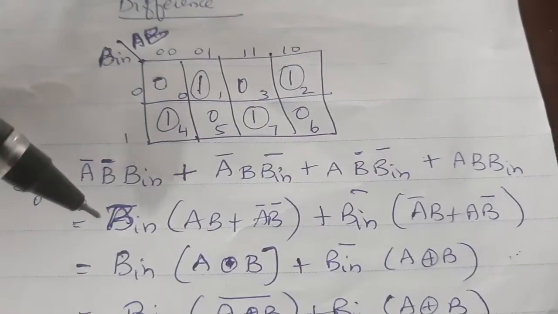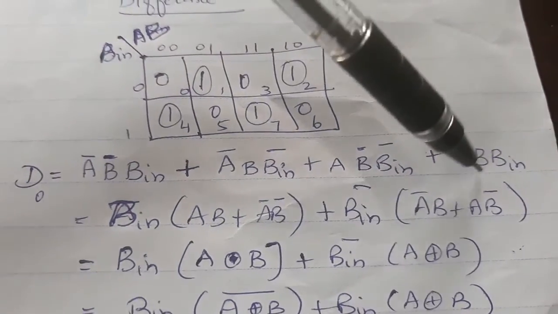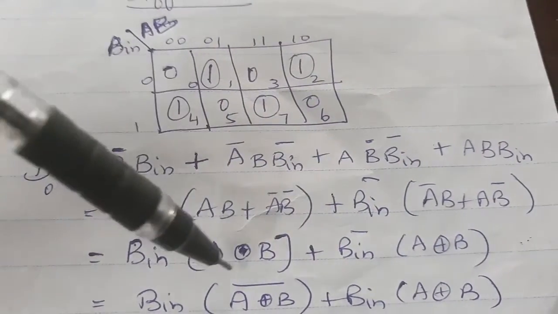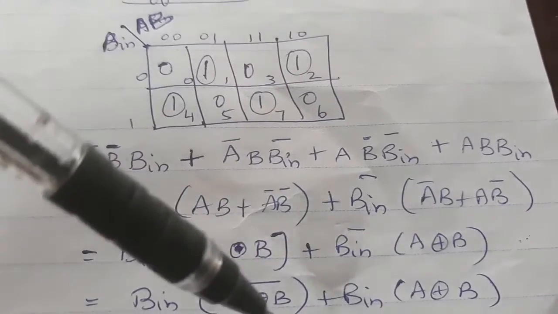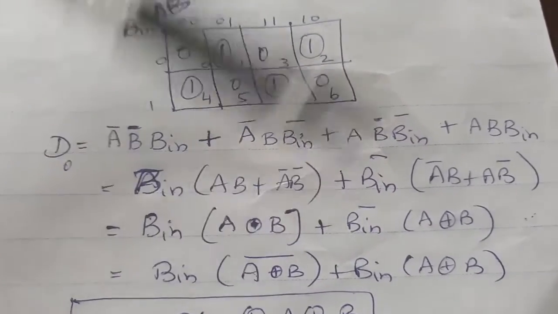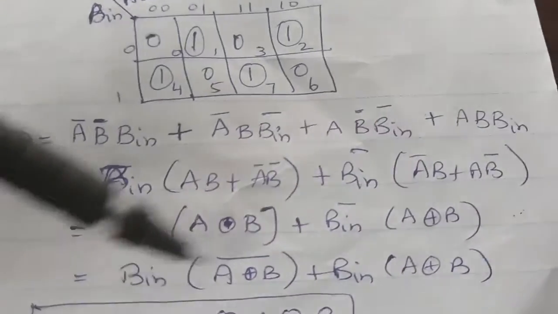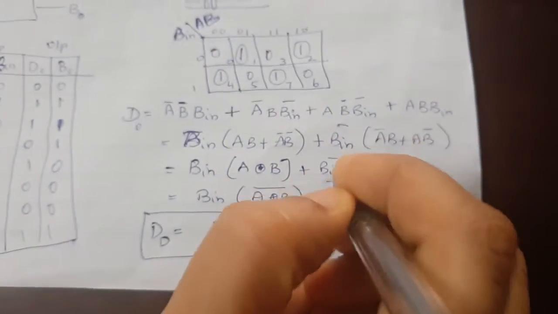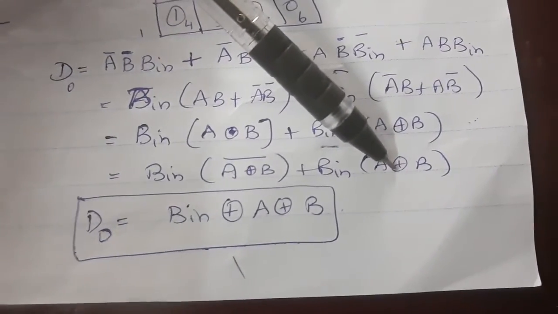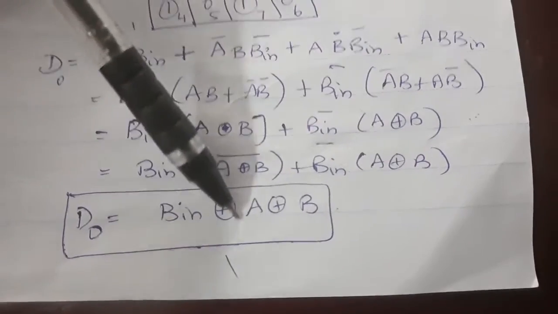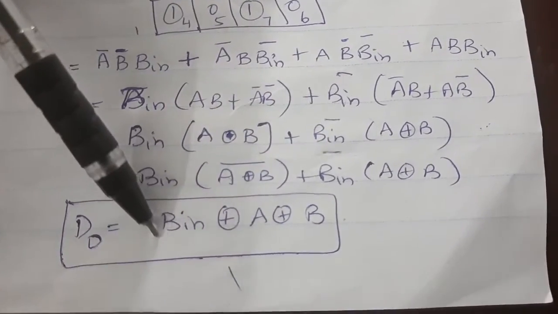So the common term is B in, and it is an exclusive NOR gate. Convert this exclusive NOR gate into an exclusive OR gate. Similarly, B bar is common, and this becomes an exclusive OR gate. Now you see the function is exclusive OR, again with B and B bar. Therefore, the combination will become A exclusive OR B, and again exclusive OR with B in. This is difference out.